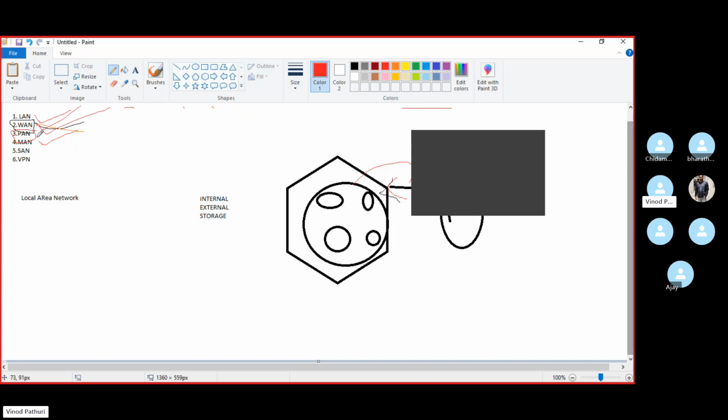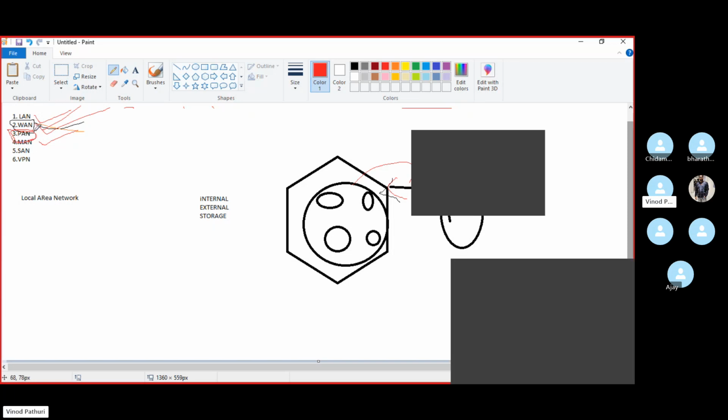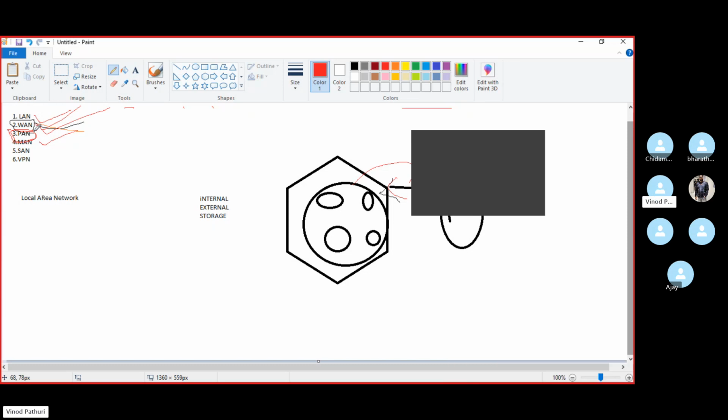Okay. And the next one is PAN, personal area network. Like you can say your own Wi-Fi or your own hotspot. Or you will use mobiles, right? Like there is a hotspot option, or there is an AirDrop option in iPhone. So these are our personal networks. Okay, no one can enter into that. So that is a personal area network. Metropolitan area network means there are multiple branches in your organization, and you want to establish the connectivity in a secure way.